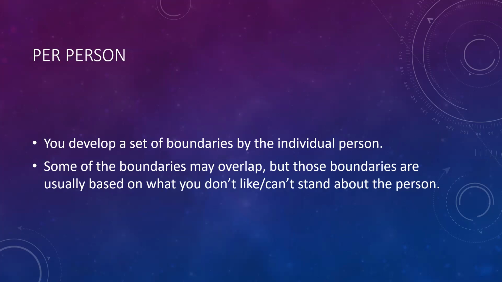And again, going back to how we create boundaries, first things first, we go off of what we're uncomfortable with, right? So, for example, if we're uncomfortable with someone just randomly eating our food, then we create a boundary based off of that. And ultimately, if we know that's a person, or we try to create a relationship with a person that does that, we set that boundary in place saying, hey, you cannot eat off of my plate, or I don't want you eating any of my food. That's something that I don't want you to do, and that's a boundary I do not want you to cross.